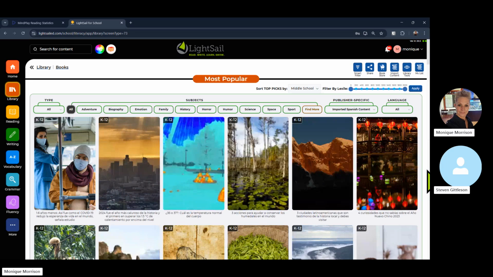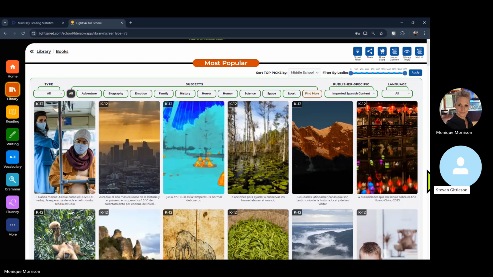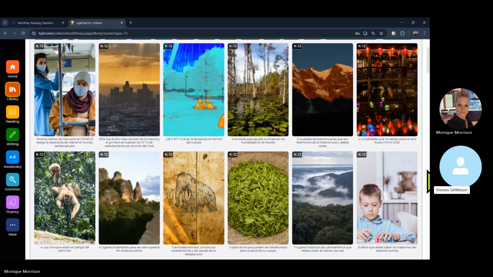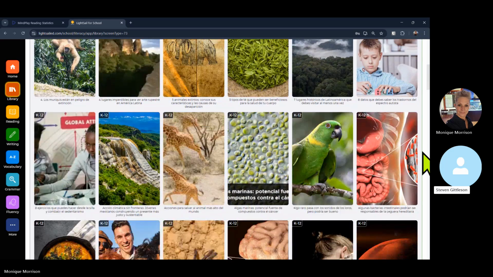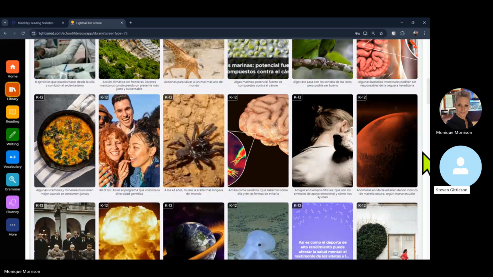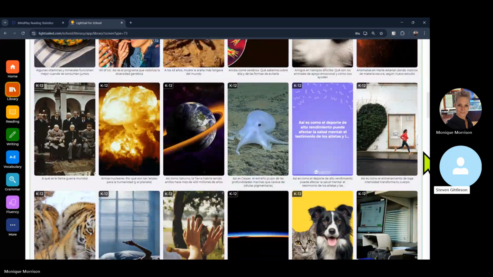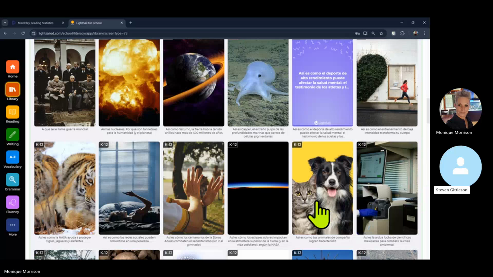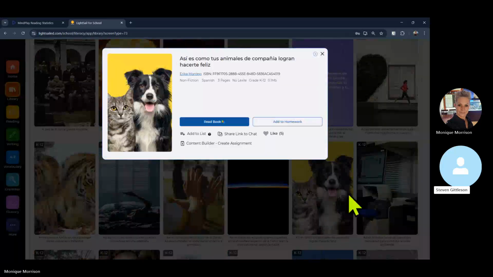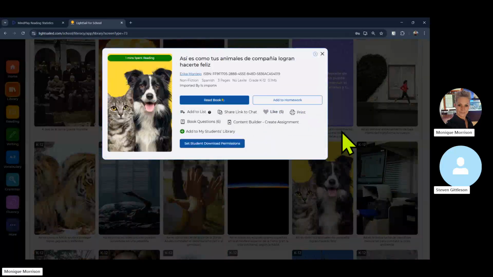And we're just going to show you here slowly as we scroll. At the bottom of each thumbnail is the name of the article that we brought in Spanish. So we'll just scroll down for a few seconds to give you a sense of the type of content that we have here. And then we'll click on a thumbnail, click on a book, and we'll show you this is the overlay page. And the information you have here is more details, the size of the article, and most importantly,